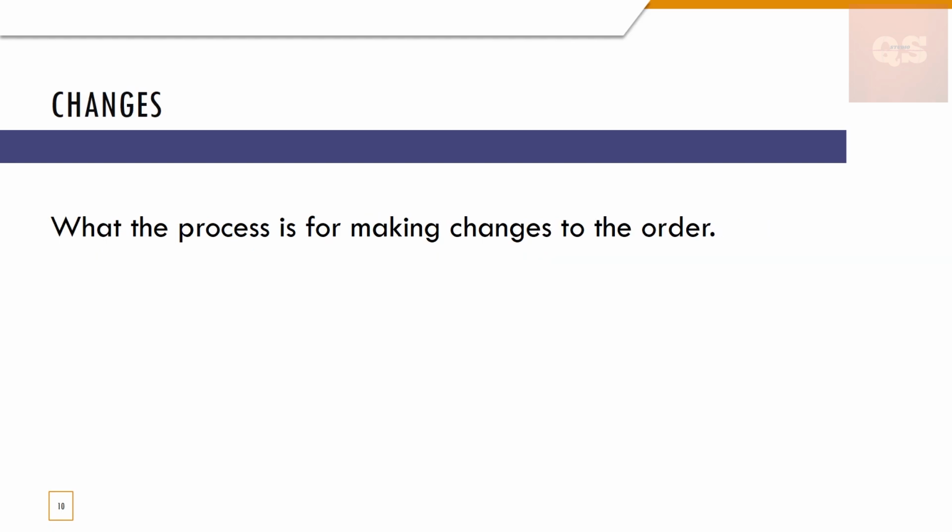Changes: what is the process for making changes to the order. Sometimes there might be a requirement for a specific model of a material, and then that requirement might change, so you might go with another model, maybe model number B. So what is the procedure for doing that, and is there any cost associated with changing